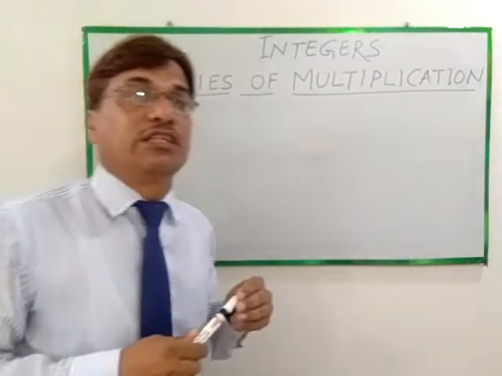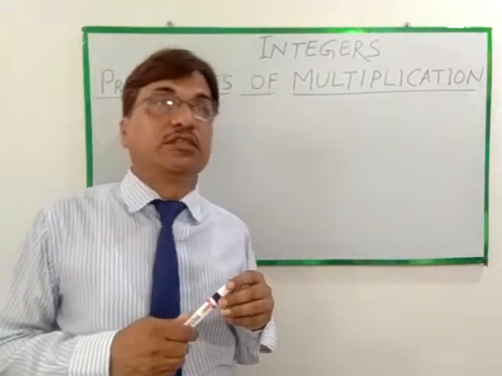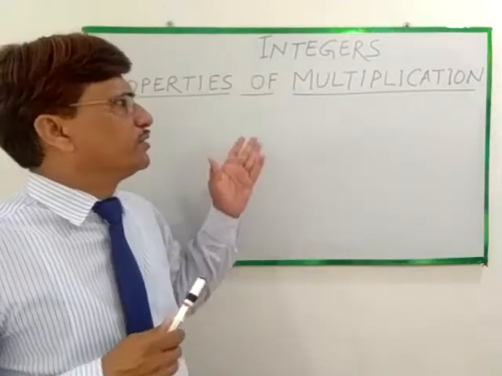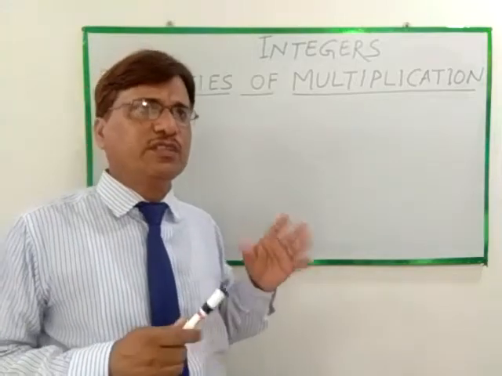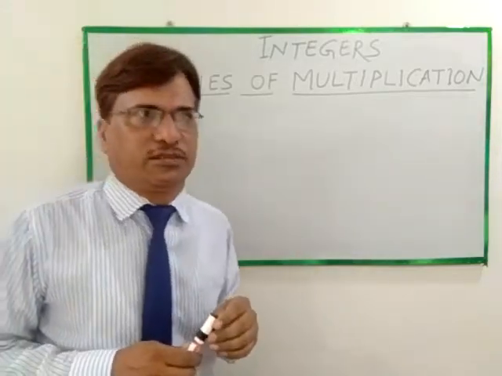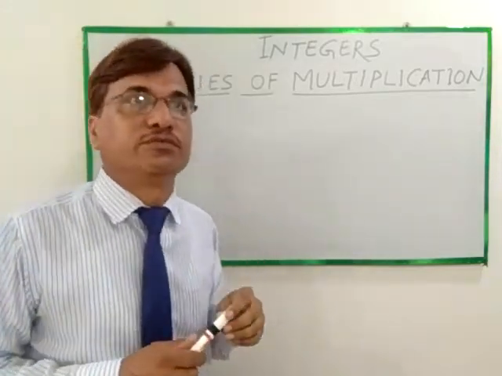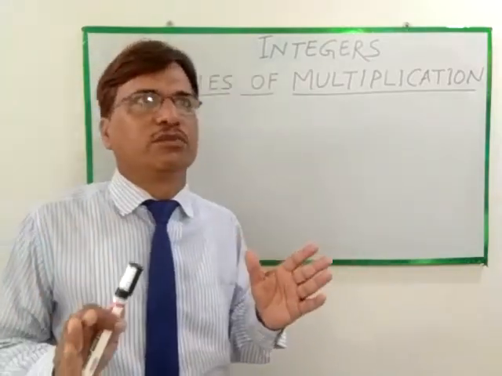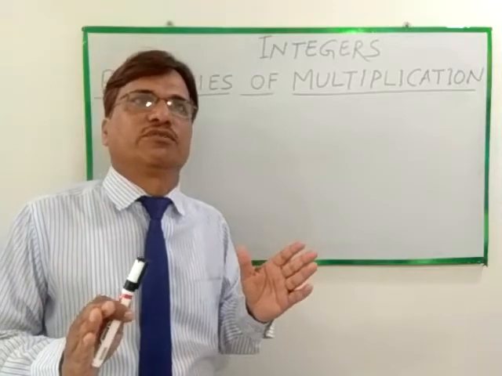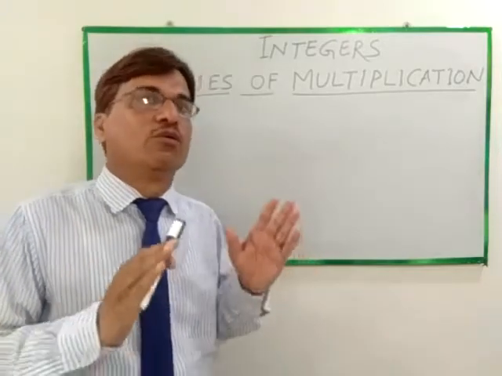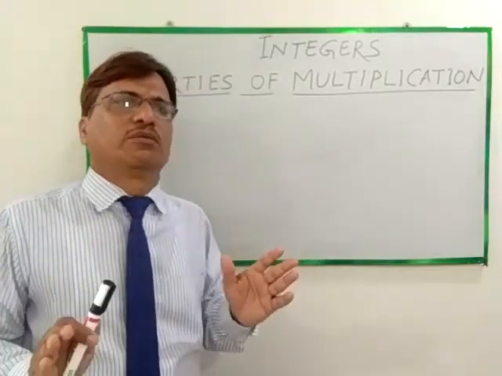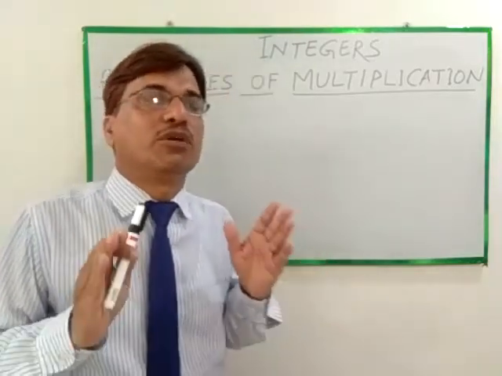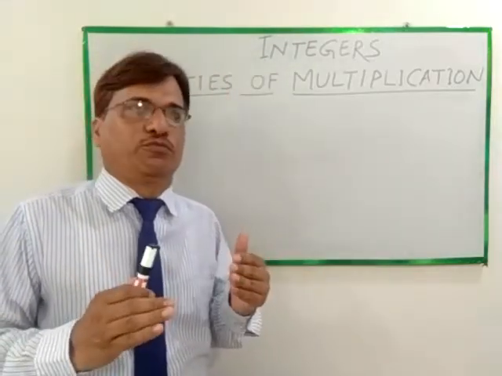Students, I am going to revise whatever you have learned in my previous lectures. First, we have learned number systems. Natural numbers: all counting numbers are natural numbers. Natural numbers start from 1. Whole numbers: all natural numbers together with 0 are called whole numbers. The smallest whole number is 0.